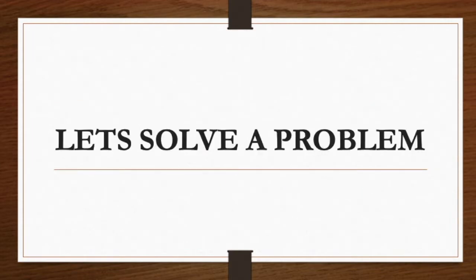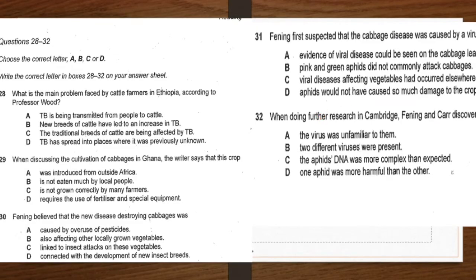Let us solve a multiple choice question. So for today's problem, I have selected Cambridge IELTS 14 General Book and I've chosen test number 3, and the question that I'm going to look at is what I'm going to show you now. Let's first take a look at the questions. So these are the questions in front of us.